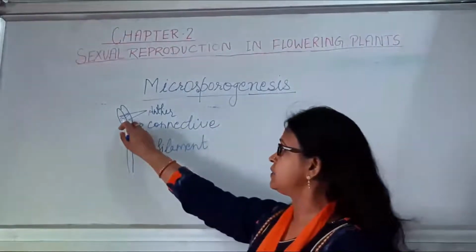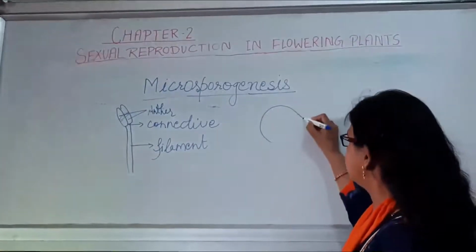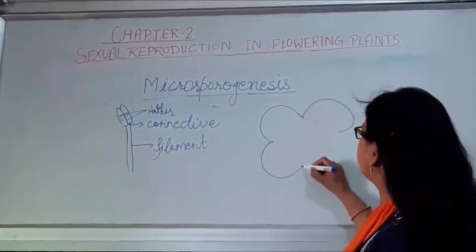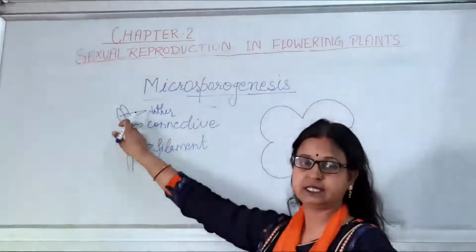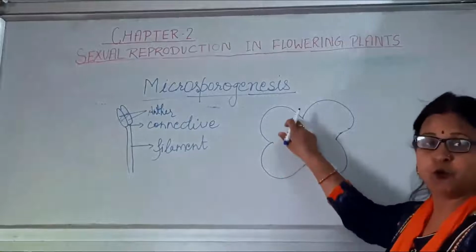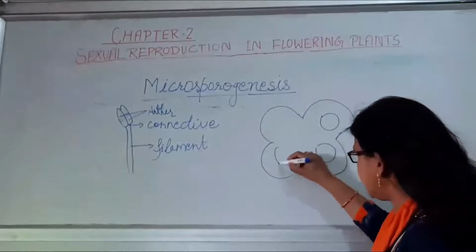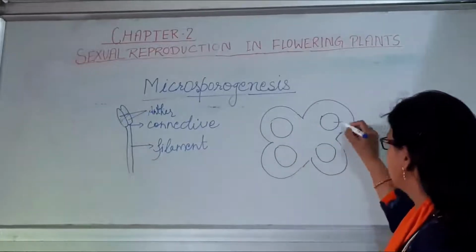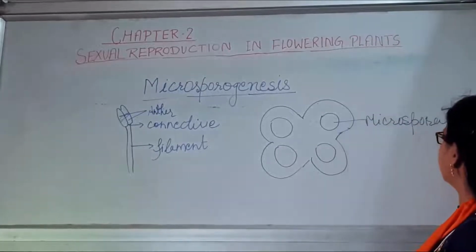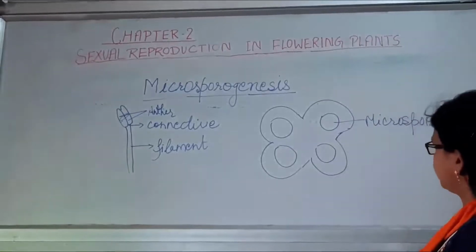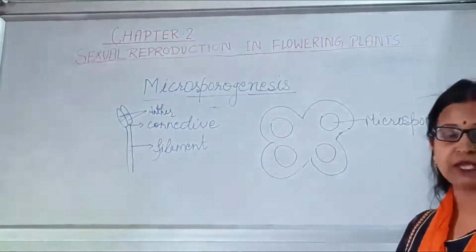When you cut the transverse section of this part, the bilobed anther, it will appear like this, a four-lobe structure, because two lobes are present in each half of the anther. So in this way there are a total of 4 lobes. Inside these lobes, 4 sac-like structures are known as microsporangia. All these sporangia are sac-like structures which will give rise to the microspores or the pollen